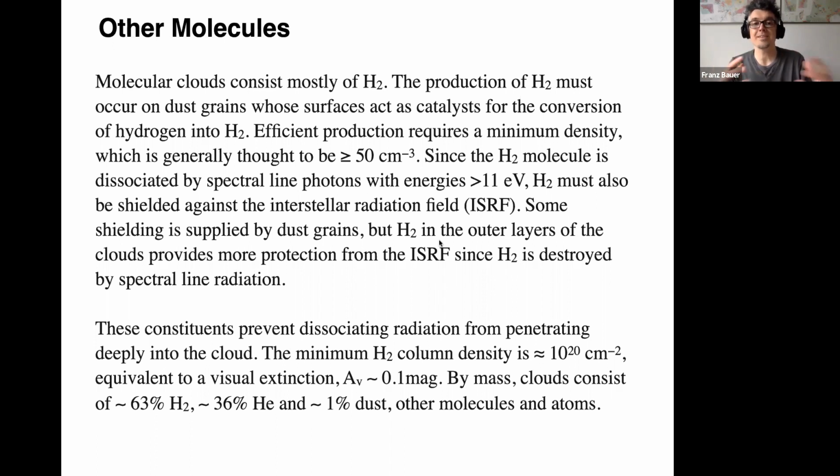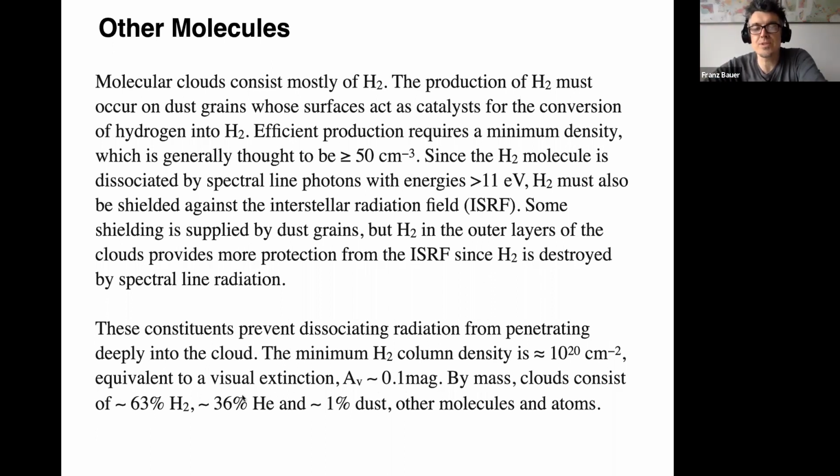what exactly is the interstellar radiation field, how many photons are above 10 or 11 eV, and so forth. And so it's tricky to really constrain what's going on based on the column density of H2, for instance. And so you really also want neutral hydrogen. So this column density is about a visual extinction of 0.1 mag or so. And thinking about